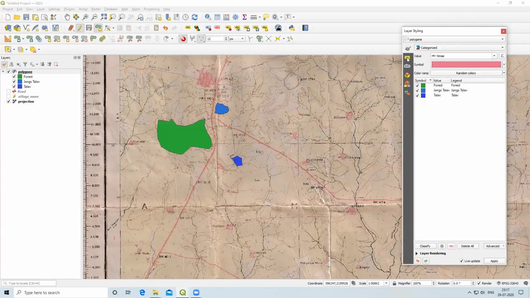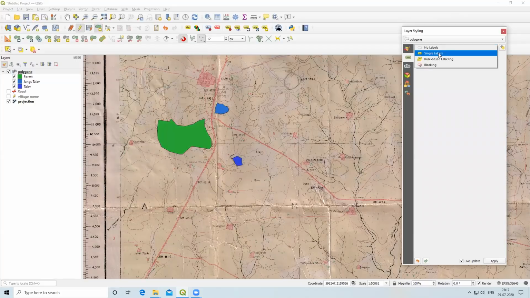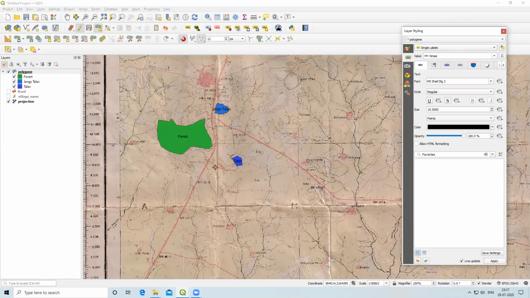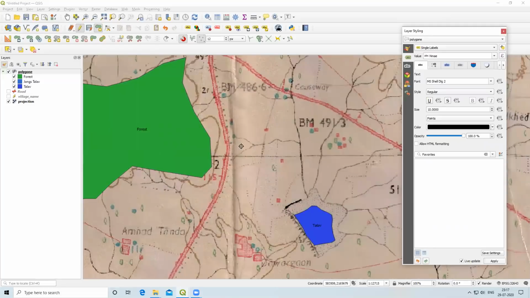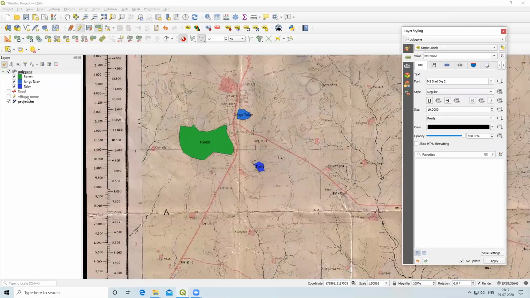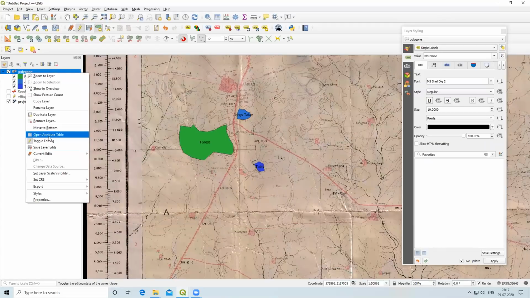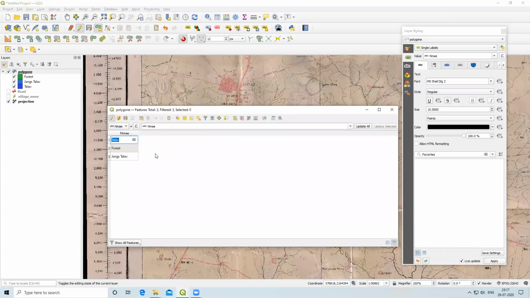Now if you want to label this, we go to labels, single label, and the label will appear here like this. If you want to see the attribute table, you can see the attribute table of this.